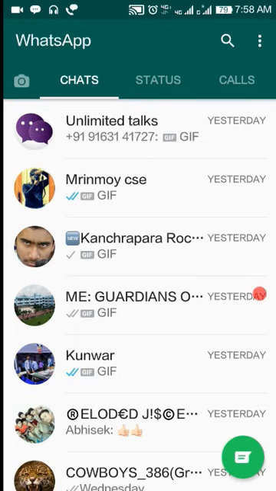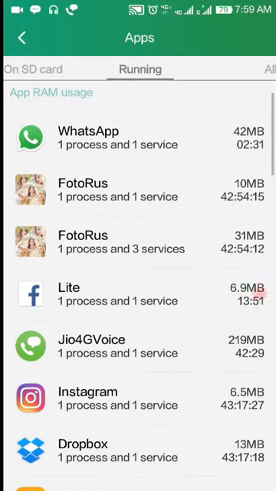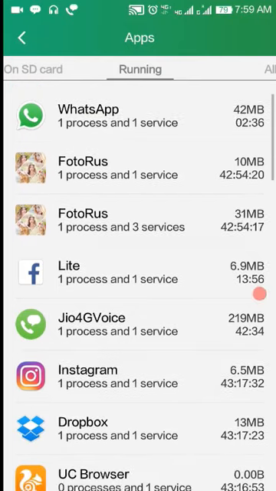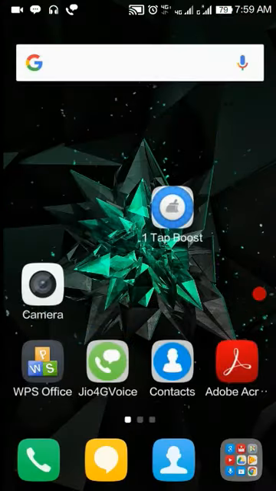Just a second, I will open the app manager, and I will show you how much RAM it's consuming. So let's check it out. Well guys, WhatsApp is actually consuming 42 MB of RAM, which is very good, and it's not that heavy an app as compared to other apps. 42 MB is something you can provide to your phone, and it won't harm your device or slow down your process. So guys, you can download WhatsApp also, it doesn't have that many issues.